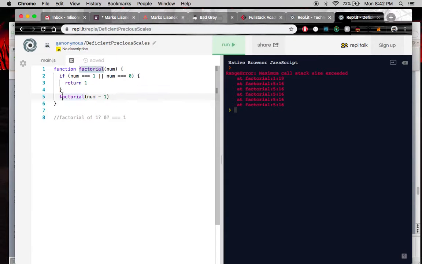But hold on a second. How are we going to get, if we put in 2 over here, what's going to happen? Well, let's just see what happens first of all. Let's test our base case. Factorial of 1,